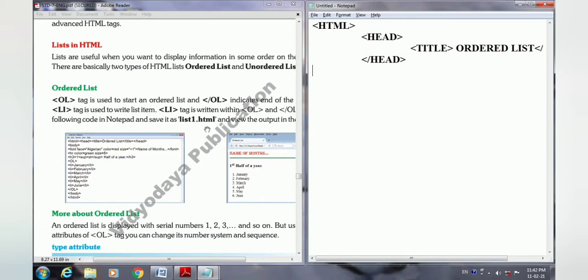Then after the next is a name of months, written with the font color red. Font type is Algerian. So we will write it down inside our body tag with the help of the font tag. First we will write our opening body tag. Then after, inside body we will use the font tag. So opening font tag. Font is also a paired tag.